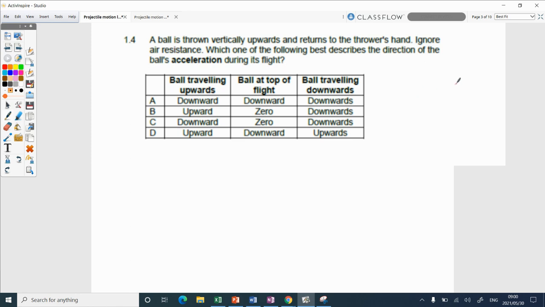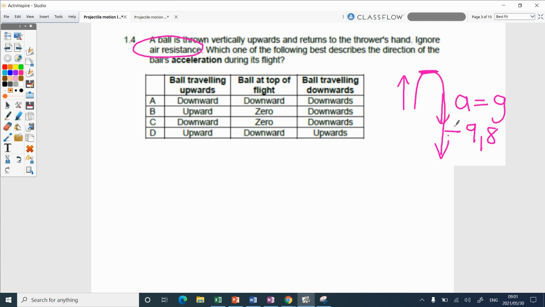Now, for the acceleration, if a ball is going up and down, is it ever going to change? Okay, so that's why I'm saying this question is almost too easy, because he throws it upwards and it lands. What is the acceleration going to be? If you read it and you said ignore air resistance, you immediately told yourself A is g equals 9.8. Is that ever going to change? No. Is the direction of the acceleration ever going to change? When it's going up, which direction is the acceleration? When it's at the top, which direction is the acceleration? When it's going down, which direction is the acceleration? Okay, so this was too easy.